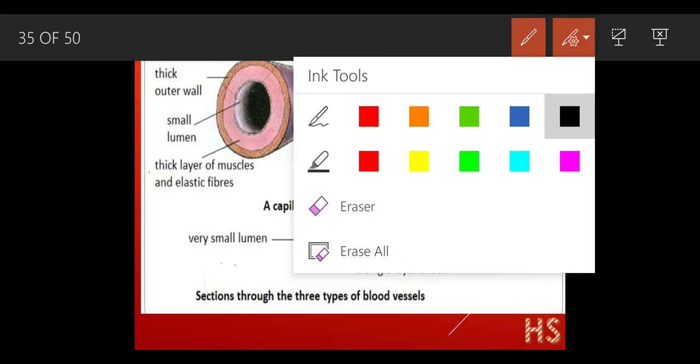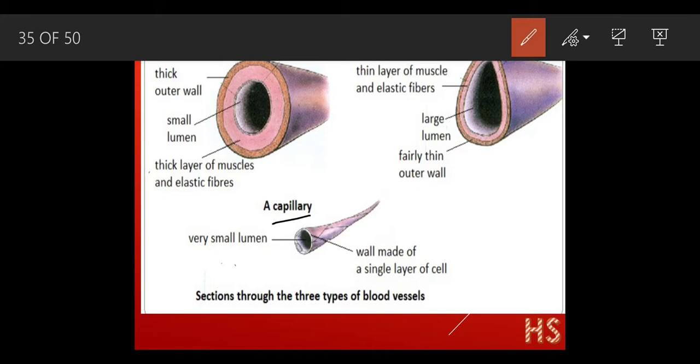And now we are going to discuss the capillaries. So capillaries are very thin in nature. Okay, their walls are a single layer of cells. They are very thin, and they have very small lumen because they have to pass only a small amount of blood, not a huge amount of blood. They just have to transport the small amount of the blood. From oxygenated it gets converted into deoxygenated, and from there it passes to the heart. So the lumen should be very small.